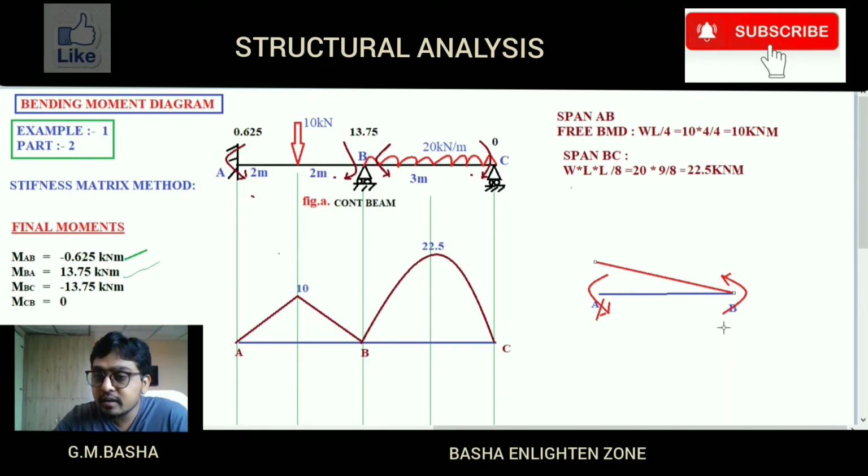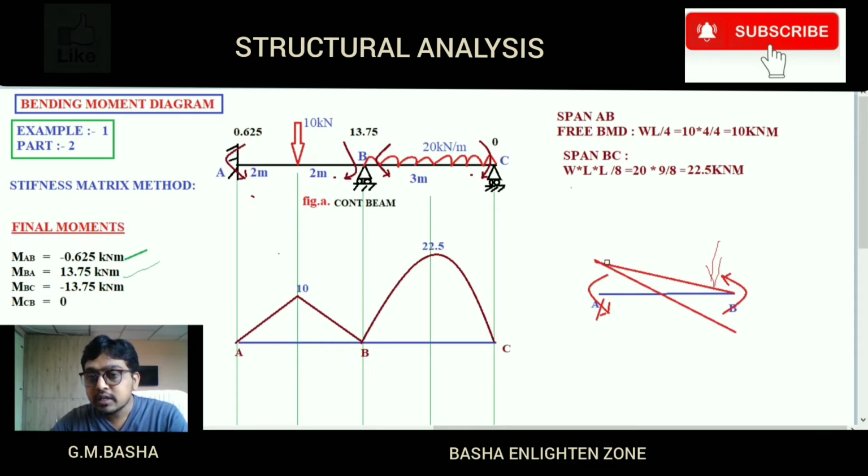Again in the same way, see here, an external force comes and is applied on joint B like this. From the joint, an external force comes upwards and is applied like this. So what happens? The beam from this position goes downwards. Whatever the beam at this position, it moves downwards like this. So after application of the force, the beam in this position will move in the forward direction.